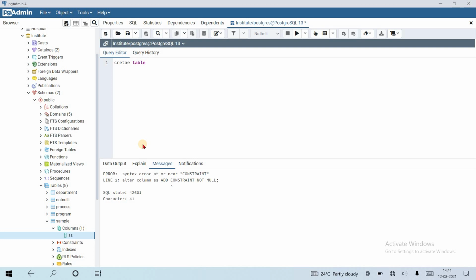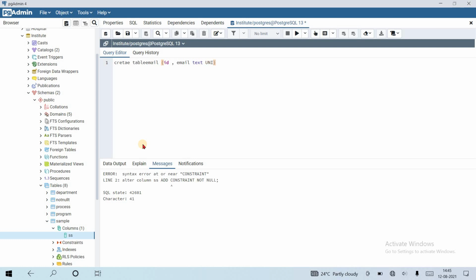Let's create a table. Suppose it has an id and an email, and we cannot insert a duplicate email, so we can make this email text column a unique constraint.